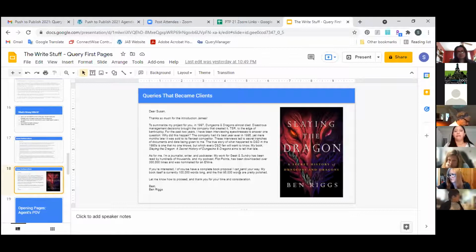This guy Ben was lucky; he lives in Wisconsin, where a lot of the people who used to work at Dungeons and Dragons are still based, so it was not as much for him. But we have clients who are doing research projects on something that happened in the Civil War era, so that involves more travel. And the goal is to get a publisher to pay to write the book.